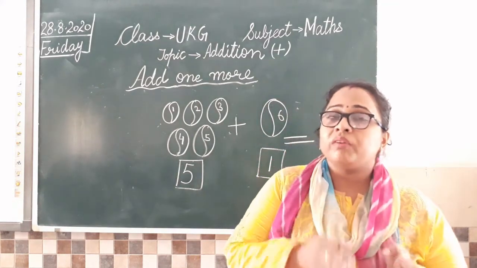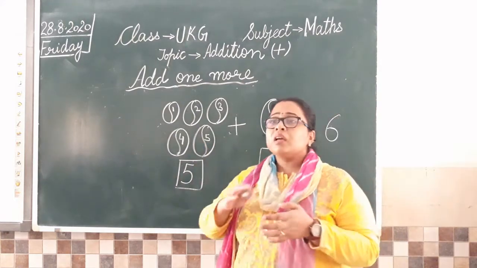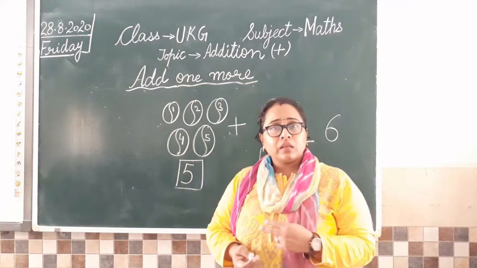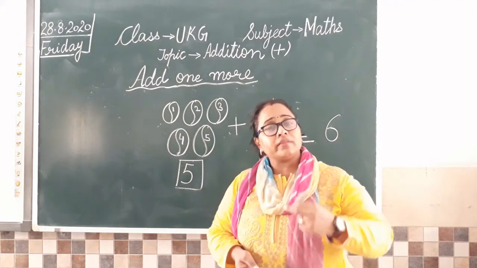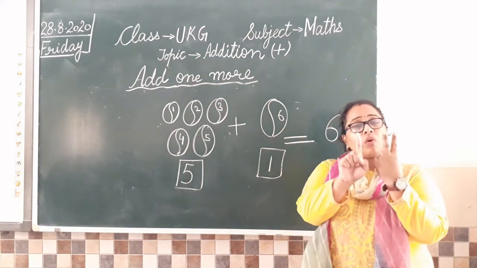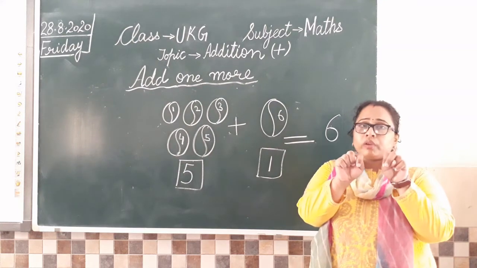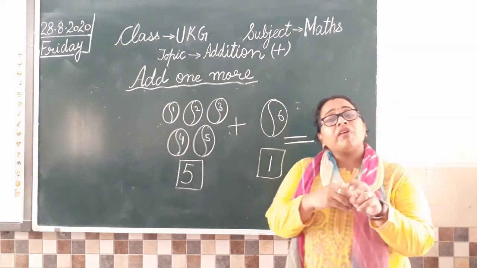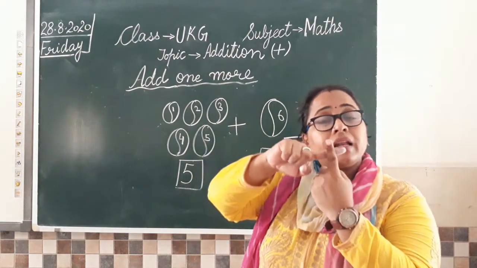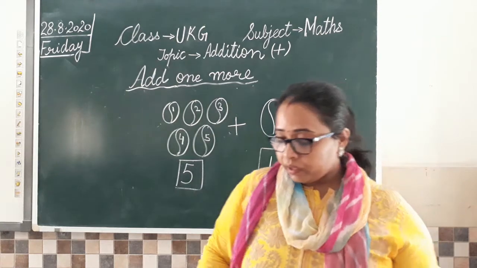जो भी आपको given object है वो जितने भी दिए हुए हैं, I have 5 balls, might be you have 2 pencils or you can say 2 candies and one more. So 2 candies and one more. So what is the total number we have? 1, 2, 3. Clear? One more का मतलब एक और हमें उसमें ऐड करना है, उसमें प्लस करना है. Understood that?